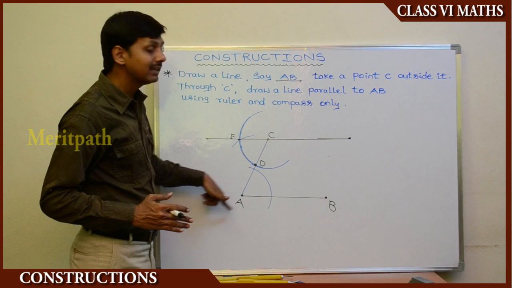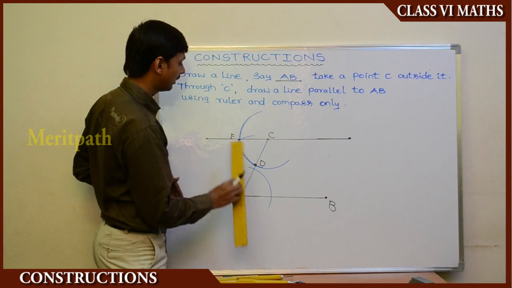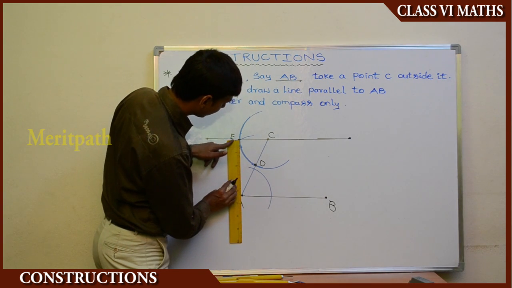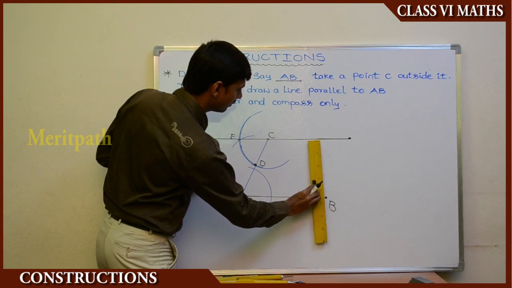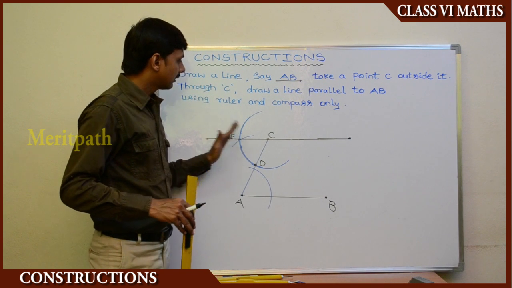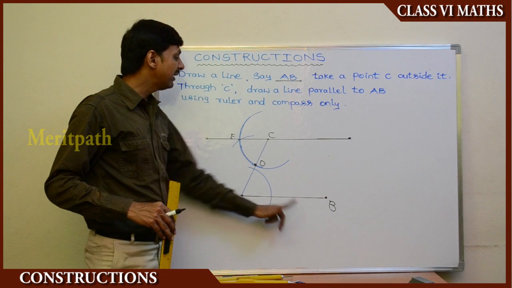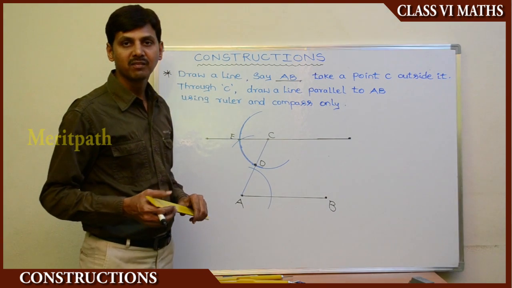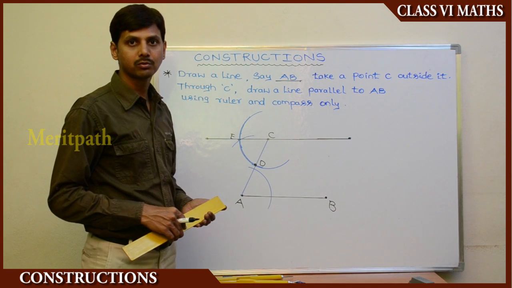So EC and AB, observe that EC and AB are parallel to each other. We can measure the distance between these two. Here it is 15 centimeters, here also 15, also 15. All are equal here. So the distance between these two lines is always equal. So we can say AB is parallel to EC. So this is the process of drawing a line which is parallel to another given line. So let's go to